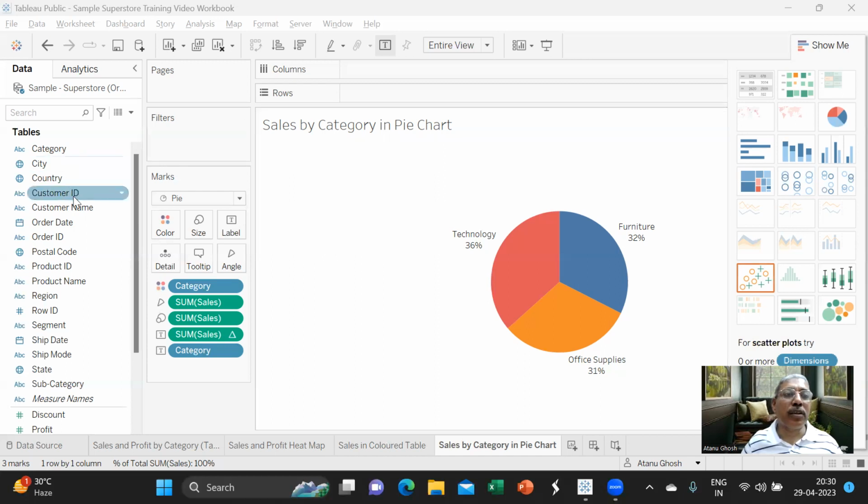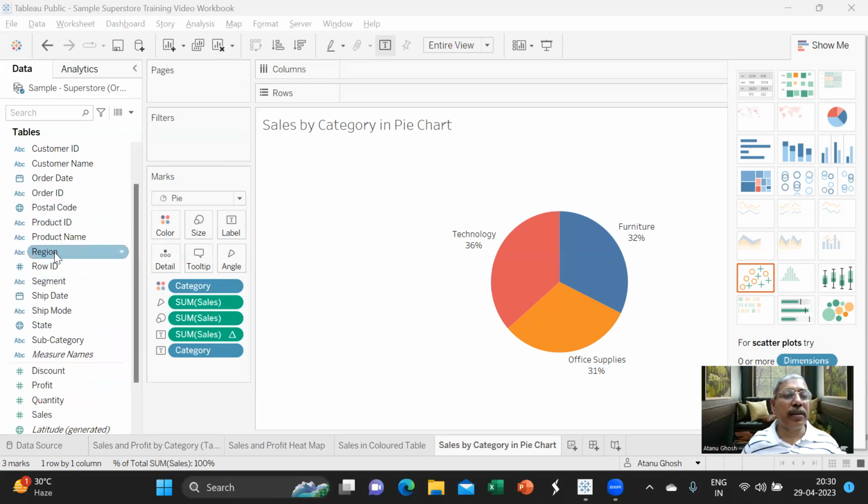Let us now look at what are the geographical dimensions that are of interest in the data set that we have. First of all, the geographical entities that have been identified by Tableau as geographical entities are country, city, state, and postal. If you notice that there is another geographical entity called region, but this has not been identified as a geographical entity.